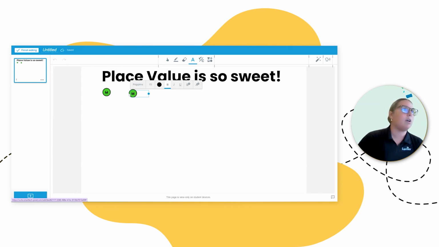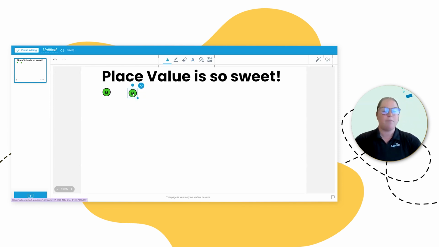Maybe I should have done that before I grouped them, but it's fine. Ungroup. And I want to change that color to yellow. And I grouped them. Maybe I made the shapes ahead of time, but it's okay.